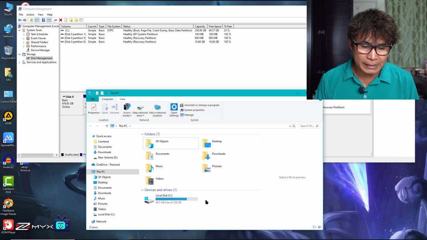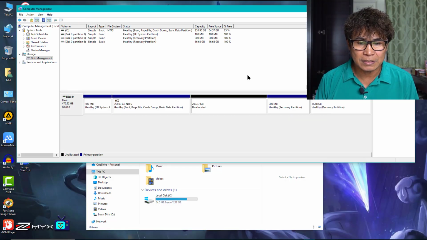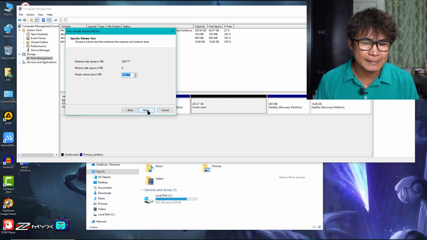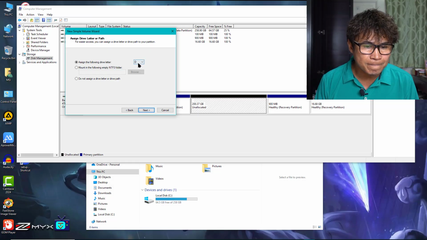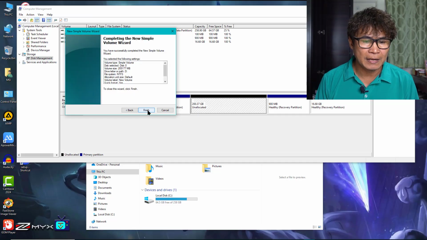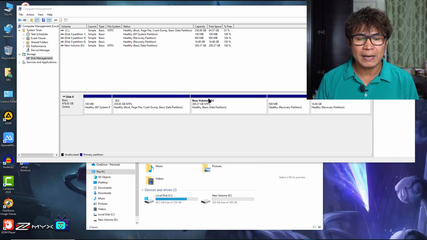The problem now here is the drive D is gone. All you have to do, guys, is go back to this Disk Management and choose this unallocated area again, then right click and click New Simple Volume and then click Next. Just click Next, and for the drive name I will still use drive D. Click Next and don't change anything from this field. Then click Next and then click Finish. Now the drive D